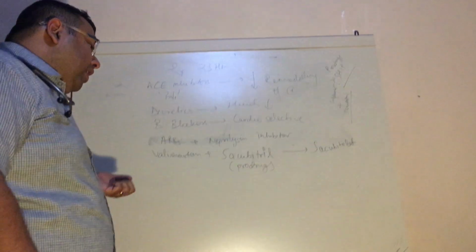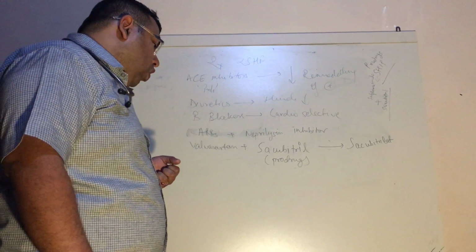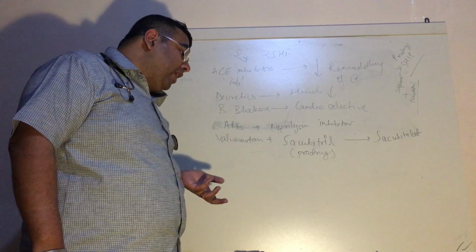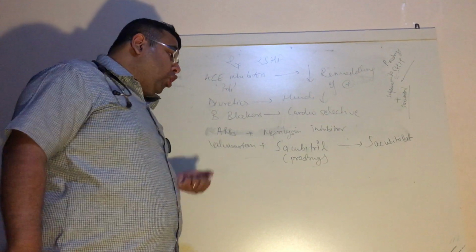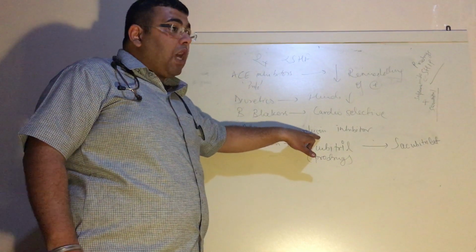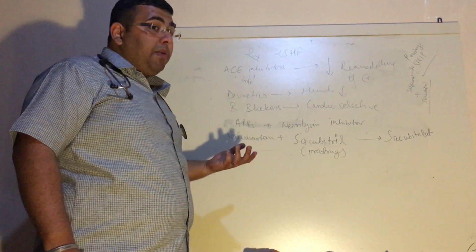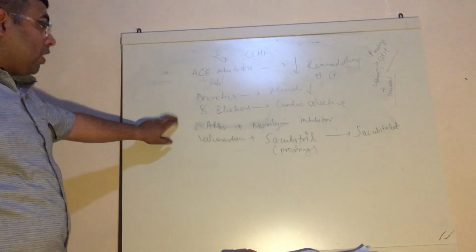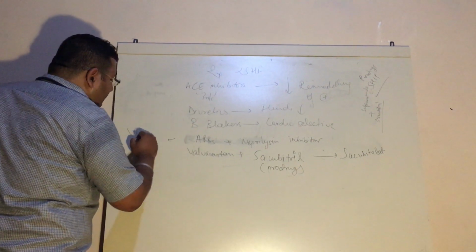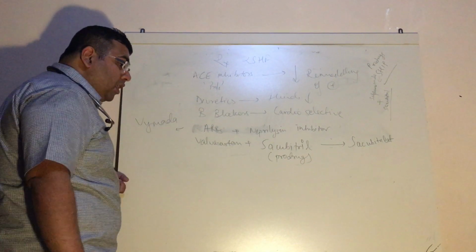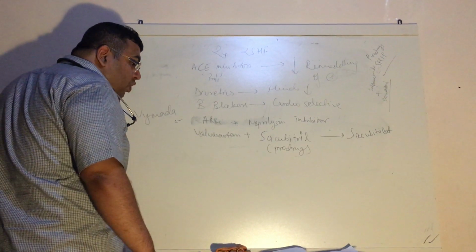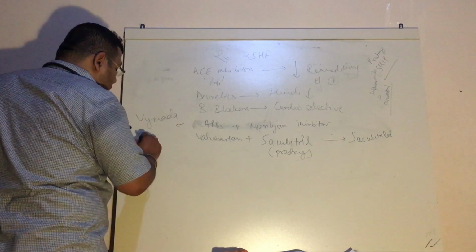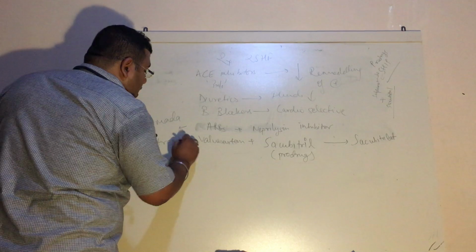Now, because this is a new drug recently approved by the FDA, some people will ask me, sir, what is this? What is a neprilysin inhibitor? So I would like to tell you, basically neprilysin is a neutral endopeptidase, and it is a zinc-dependent metalloprotease enzyme, and it inactivates several peptide hormones. So if we inhibit this, those peptides will not be inactivated, and that will help our heart to function well, right? So this is a new drug which is coming with the name of Vymada,